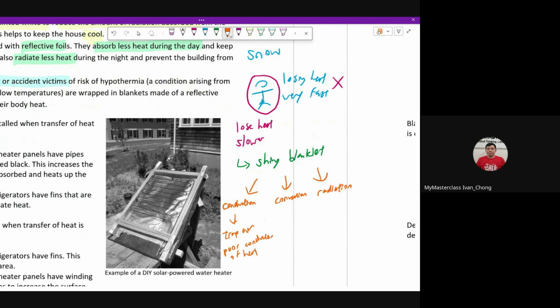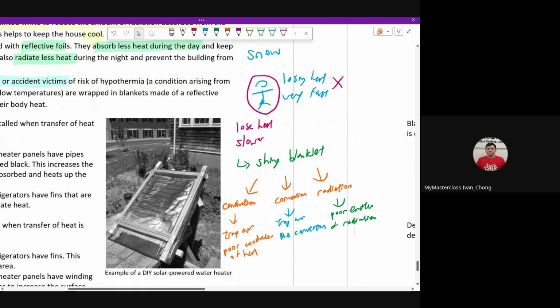Okay, so you'll lose heat slower. Next, your convection: because you trap air, there's no convection, so you don't lose heat by convection. Last but not least, radiation itself: a shiny blanket is a poor emitter of radiation, which also means I lose heat slower. So can you see, using all three methods, for 1 mark, 2 mark, 3 mark, or even 5 mark questions,